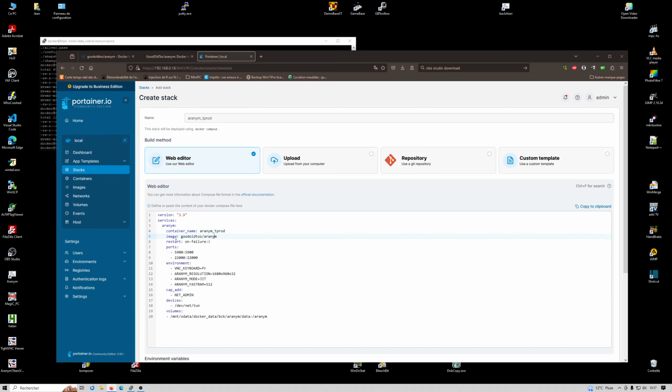So the image is coming from this repository, which is my repository here. We restart on failure, yes, in case it fails. We have two ports here, 5900 and 22000. The right side here, you don't change it. You just change this one, so the 5900 and the 22000 here, to expose a different port reachable to the